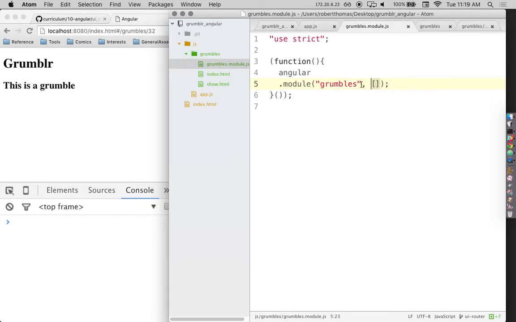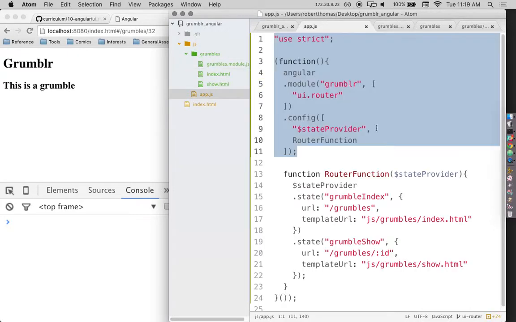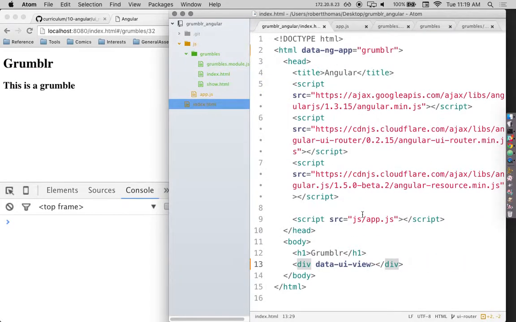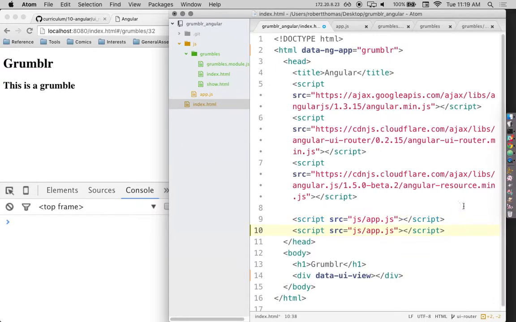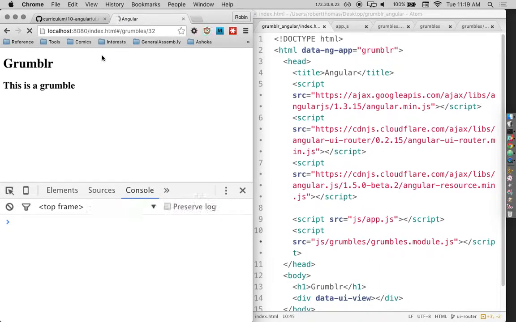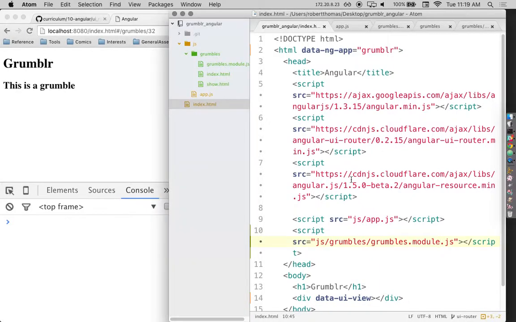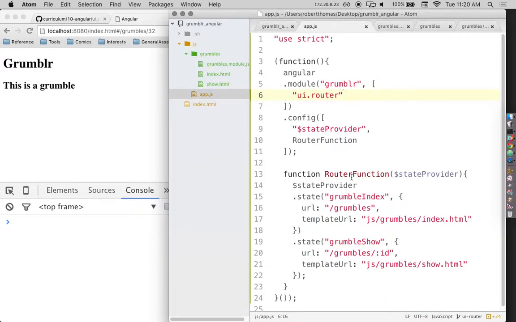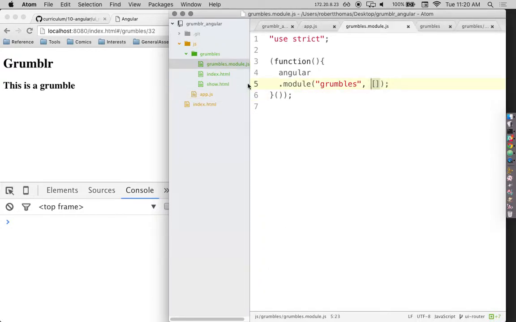And now a couple things need to happen. Two things. One is I need to include the URL for that here in this main HTML page. So anytime you create a new .js file, you're going to need to include it in here as well. So I'm just going to put in the path to that, grumbles.module.js. There we go. I'll refresh the page. Okay, no errors yet. Cool. So now that we have this module,